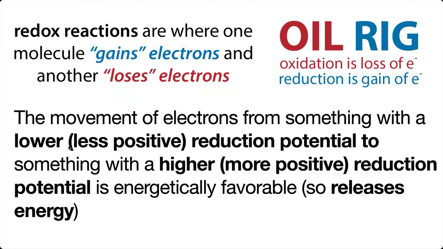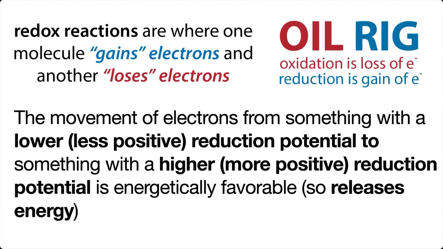Its power is coming from redox reactions, favorable redox reactions, oxidation and reduction. Remember, your OIL RIG: oxidation is loss of electrons and reduction is gain of electrons. We have this value called the reduction potential that tells us how much a molecule wants electrons. So reduction is gain of electrons, reduction potential is its potential to gain electrons. And you release energy, you're energetically favorable, you've got a negative delta G